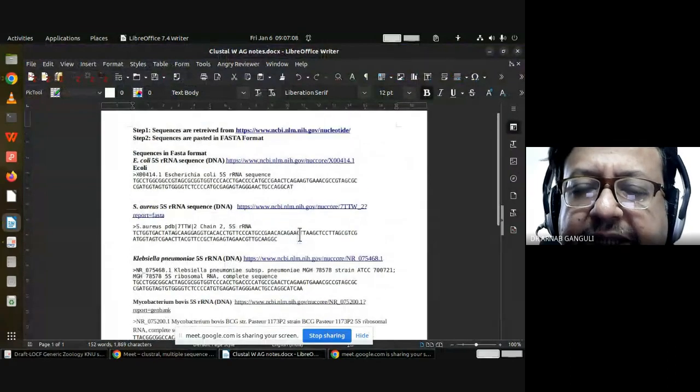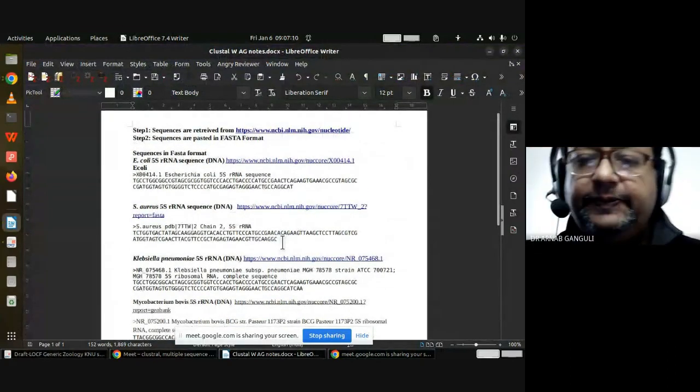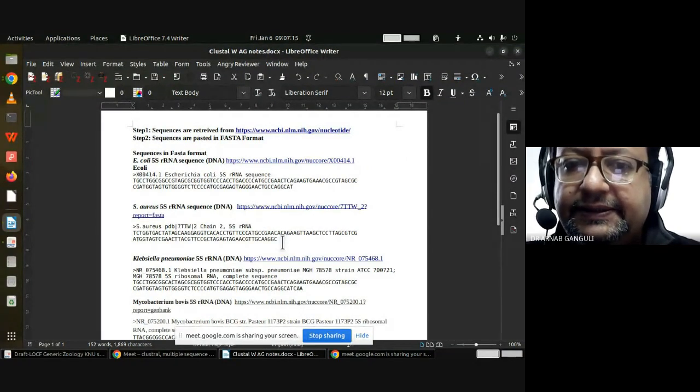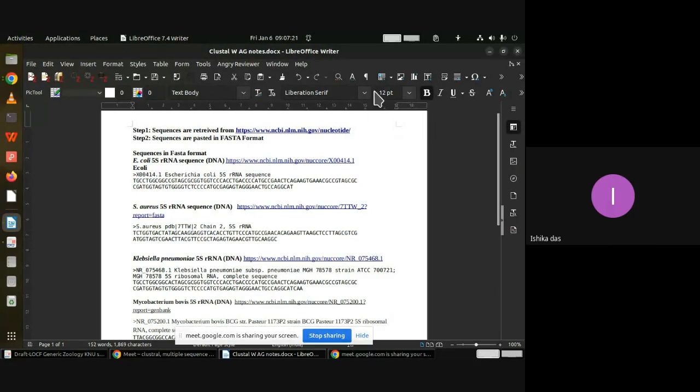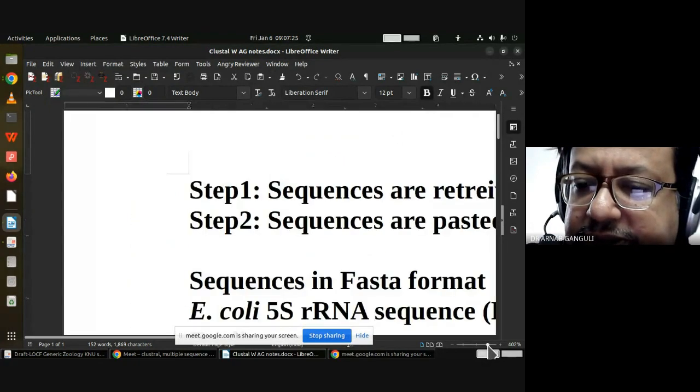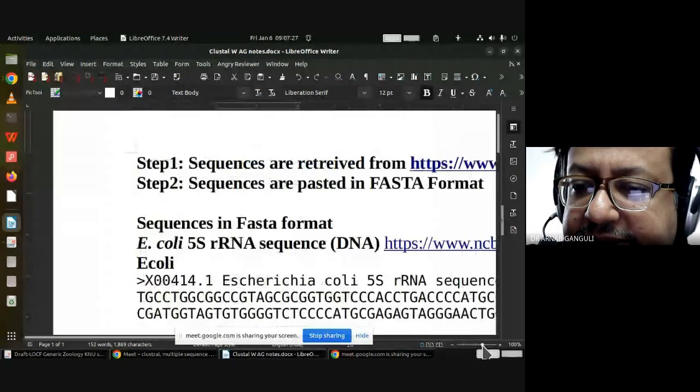তোমরা কি এই পেজটা দেখতে পাচ্ছ? Are you able to see the screen? Yes, sir. Okay, you are able to see the screen. একটু বড় করে দিচ্ছি, না বেশি বড় হয়ে গেছে।